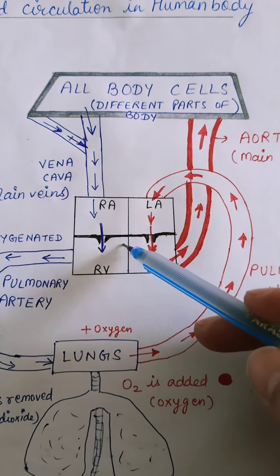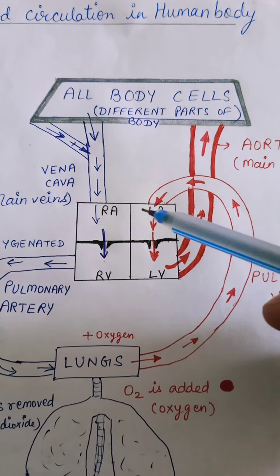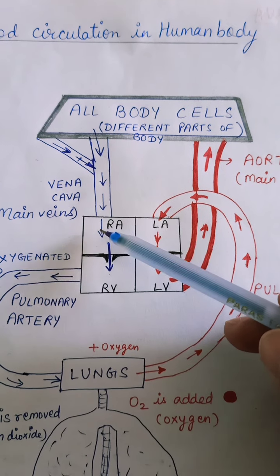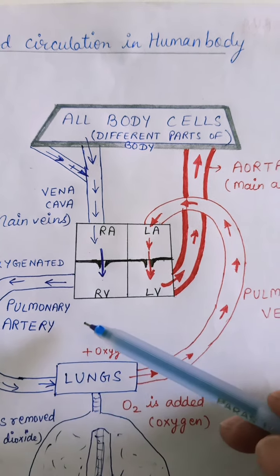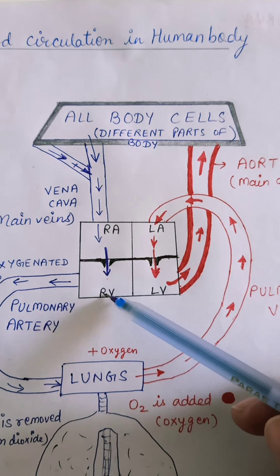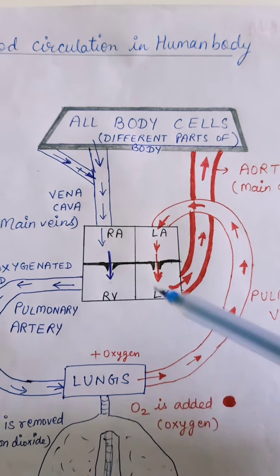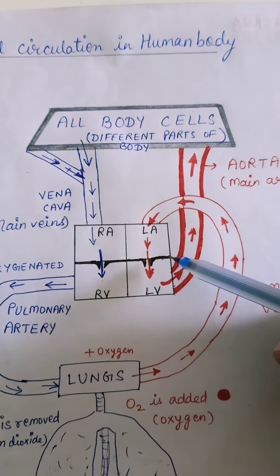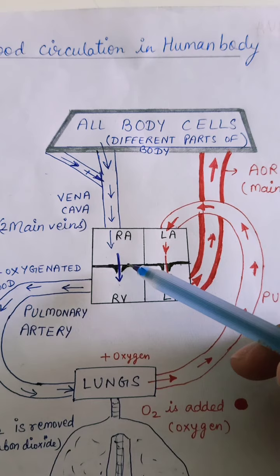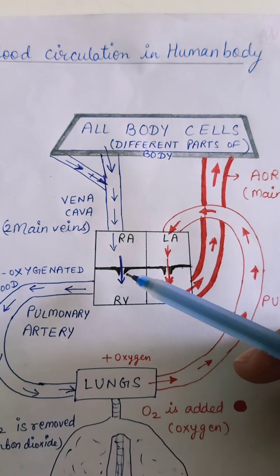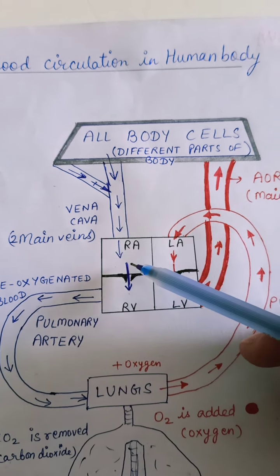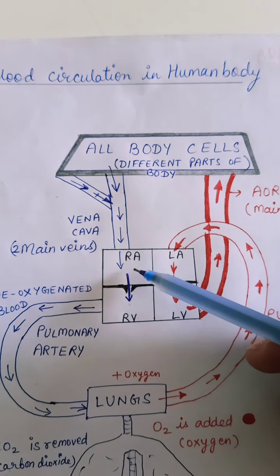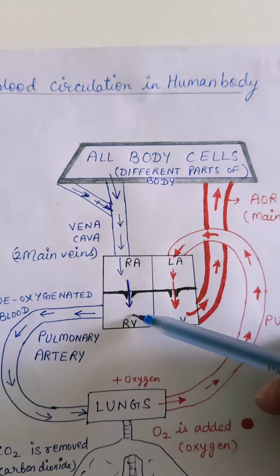Suppose this is the human heart. We have learnt just now that there are 4 chambers. Upper 2 are auricles. This is the right auricle, this is the left auricle, and the lower 2 are ventricles. Right ventricle, left ventricle. Now you can see a gateway like passage in the middle of the chambers. So they are called valves. Valves open from one chamber to another. It helps in passing blood from the upper auricle chamber to the ventricle chamber.